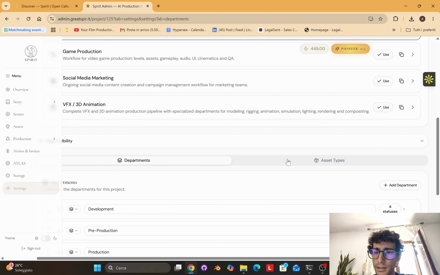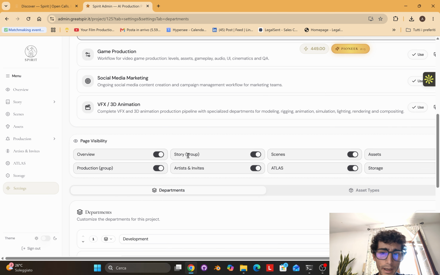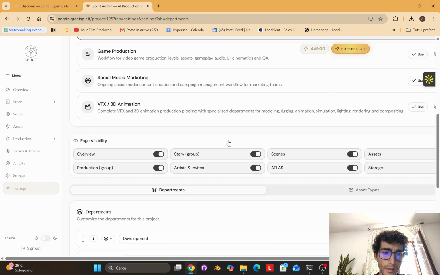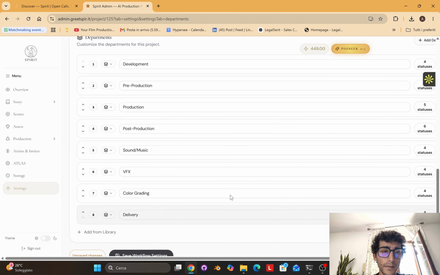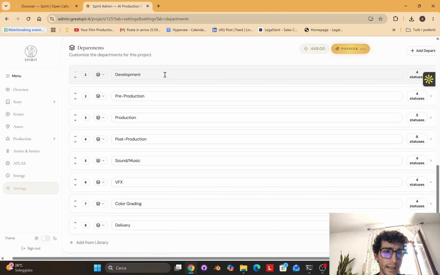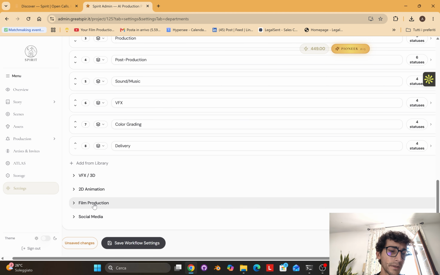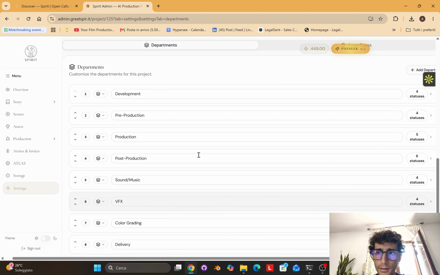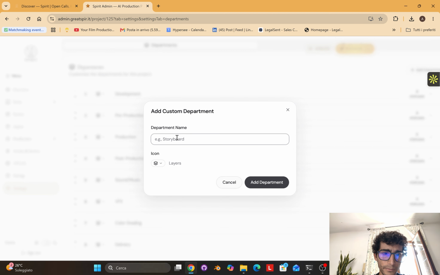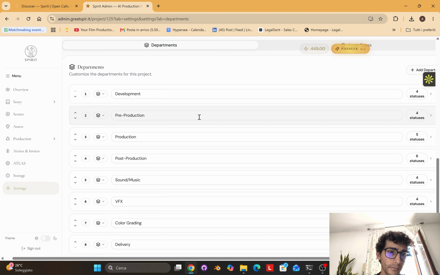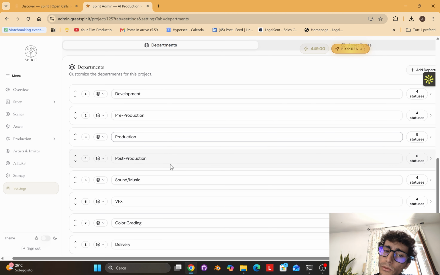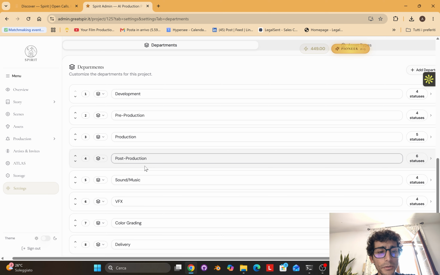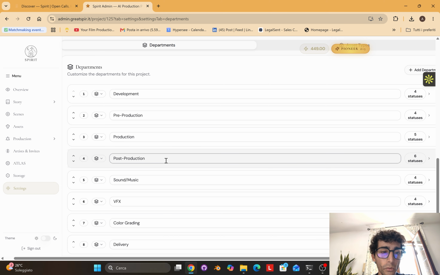You have the page visibility, where you can decide which page you want to hide for any reason. And here you have the departments, that are the columns that we saw before. You can add them from the other template, or you can create them by yourself. Now, you have development, pre-production, production, but we know that in post-production we need John's approval, because